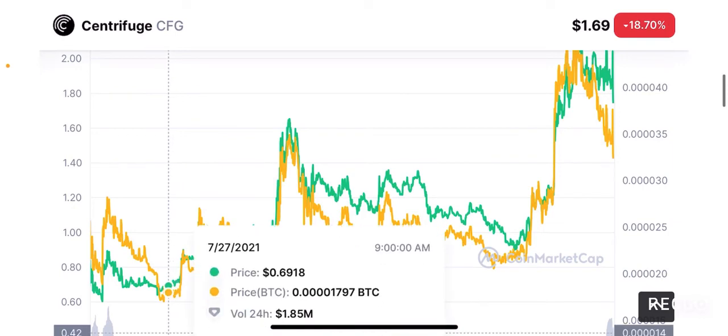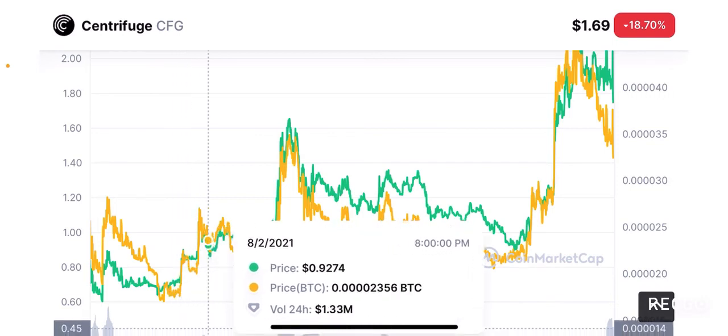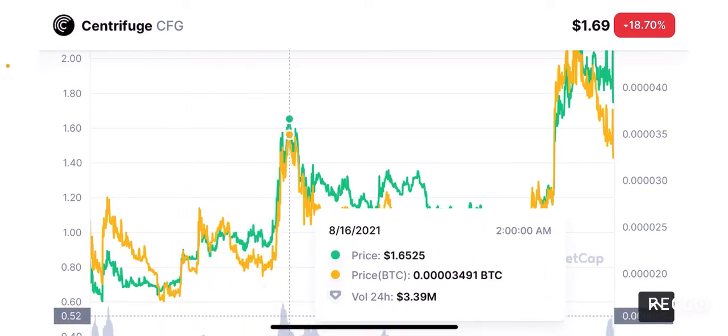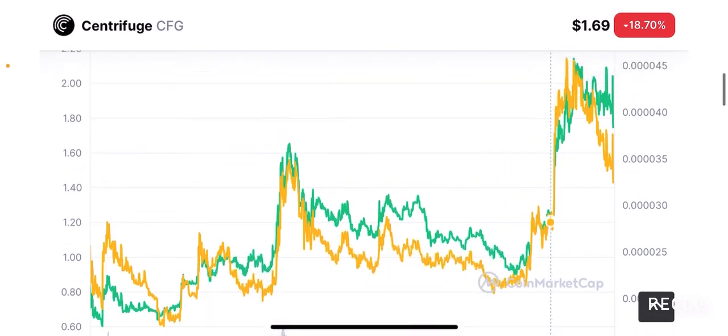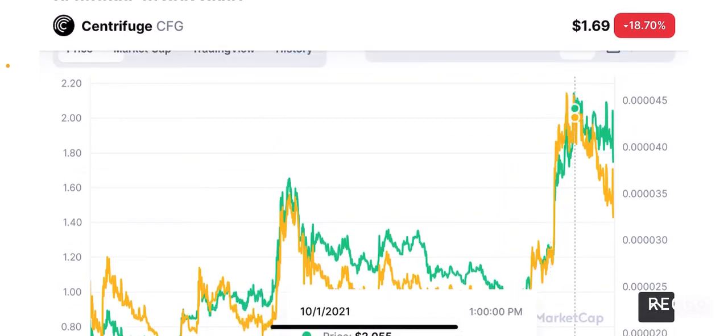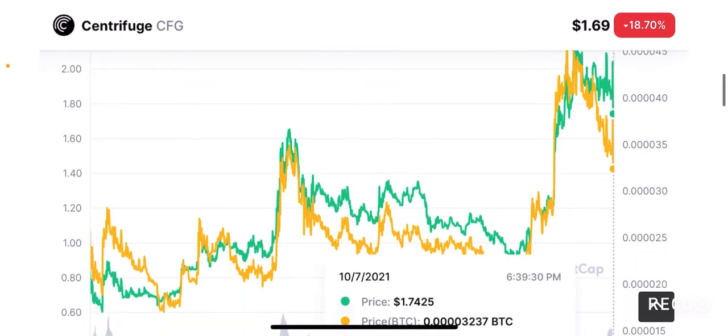This token was worth 1,700, which I believe was the all-time low, and then it started going ballistically up to a price point of 3,400 Satoshis on 16th of August, and then it started slowly going down, reaching a price point of about 2,100 as its relative low on 19th of September before shooting back up to a new all-time high of, I believe, somewhat higher than 4,500 to 4,700 in that range before going back down, and now it's at a relatively low price point of 3,200 Satoshis, which is, I feel like, a